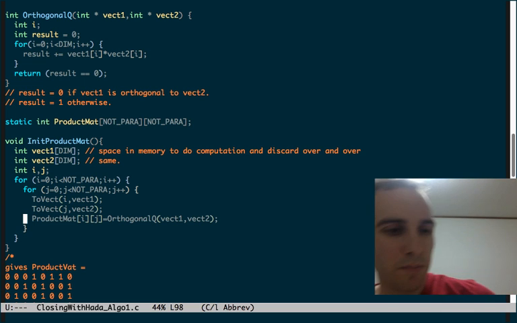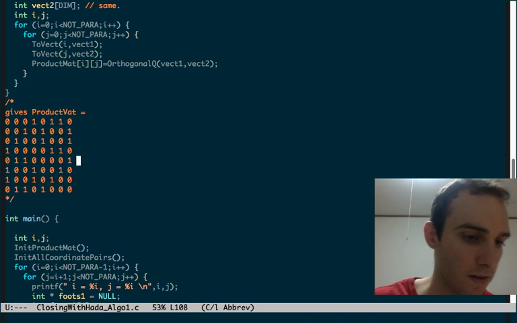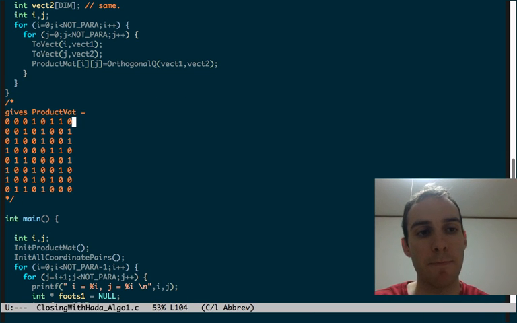So it's not the product matrix, it's the orthogonality matrix, I guess. And because of the symmetry in the problem,